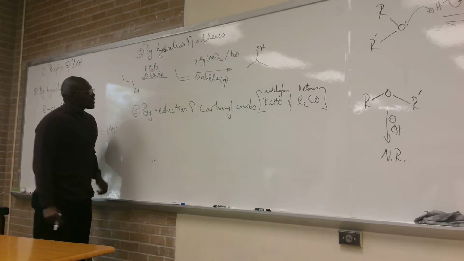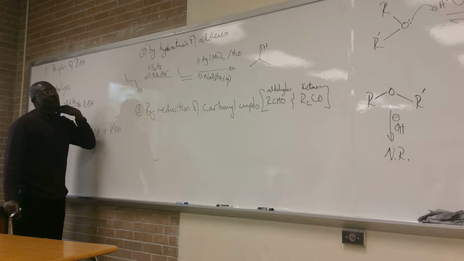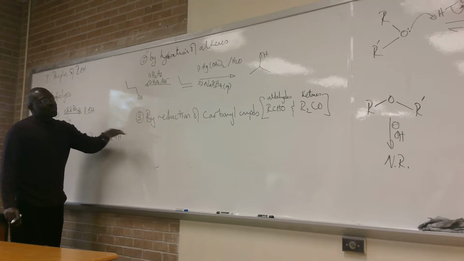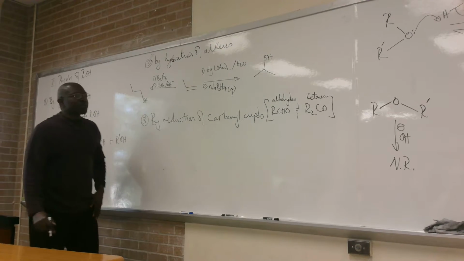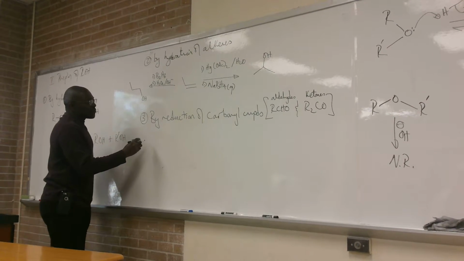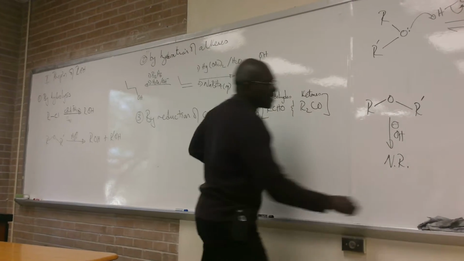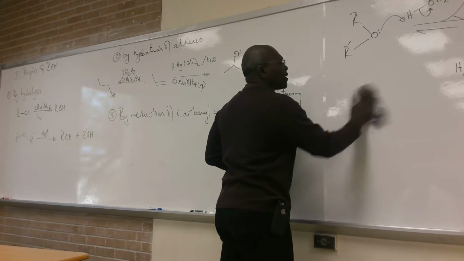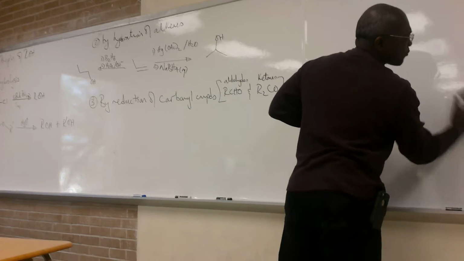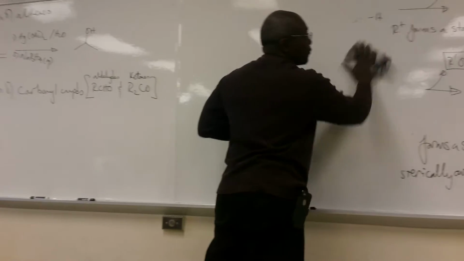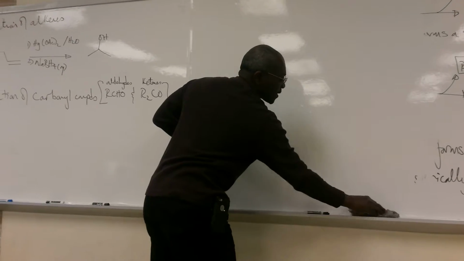Right, so the third means of making alcohols is by reduction of carbonyl compounds. These are both aldehydes and ketones. If you remember, a couple of days ago, maybe a little over a week or so, we looked at something called the oxidation profile of alcohols, which we're going to get back to today as well.